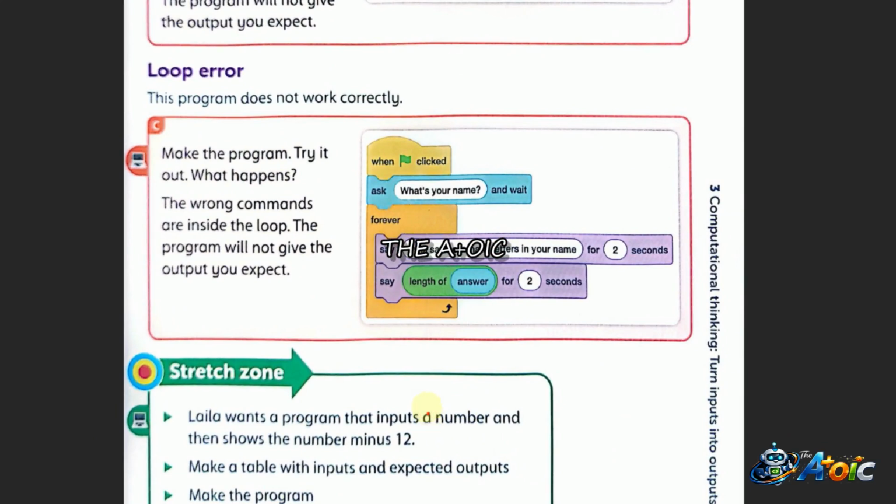Let's see what happens. So here, this one says, what's your name? What do you think is wrong about this program? Can you see there is something wrong about this program? Yes, the X that is supposed to be in the loop is rather out of the loop. So when I type, yes, even though this is saying, it is just going to say,